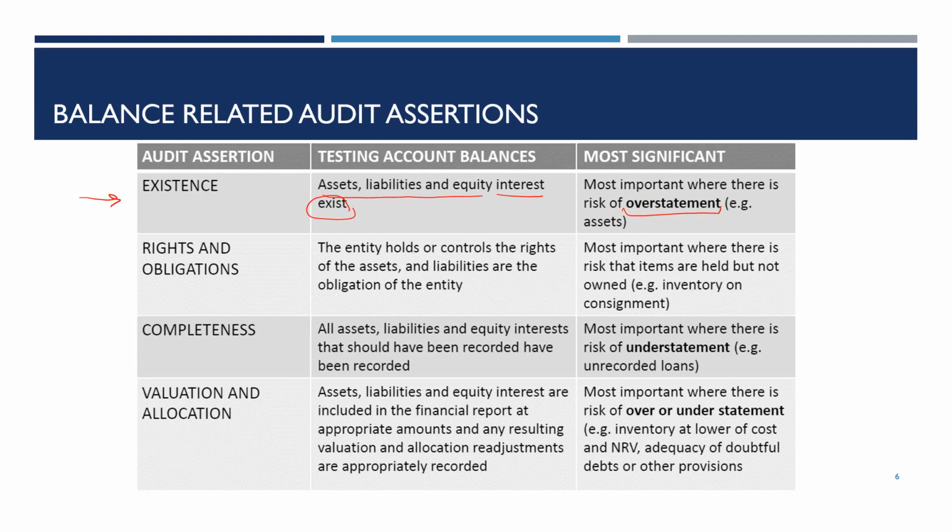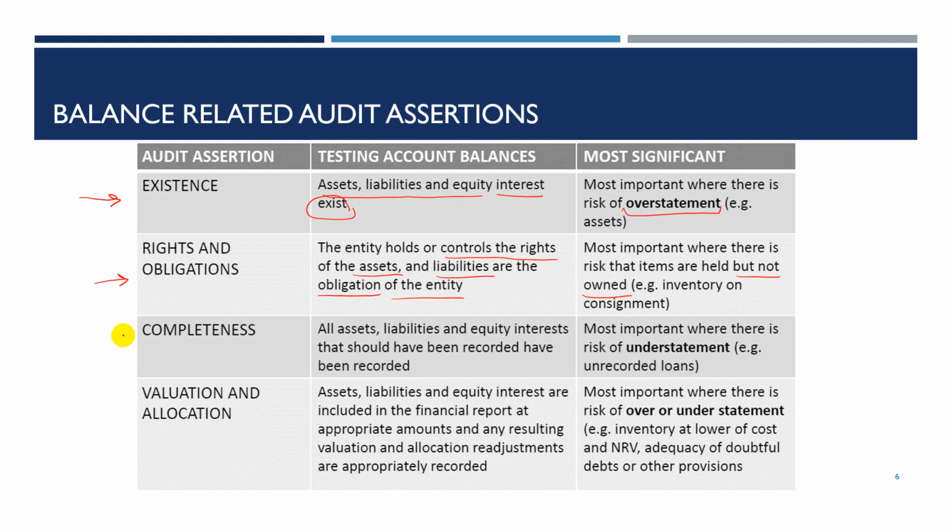When testing for rights and obligation, an auditor searches for evidence to verify that recorded assets are owned by the entity and that recorded liabilities represent obligations of the entity. This assertion is different to existence assertion which I just discussed, because the assets and liabilities may exist but not be owned by the entity. For example, an inventory on consignment which is recorded as an asset of the entity.